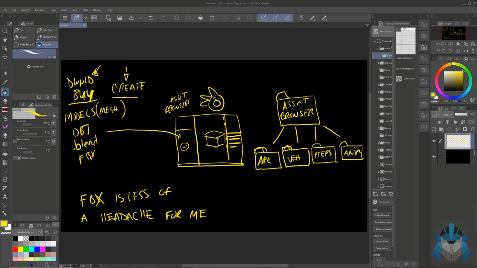So now we have assets there. We got some buildings, we got some cars, whatever, so that we can drag them into our scenes. But in order to do this, you're going to need to get organized first of all. And that's what this first part is about, being organized. If you are already organized, you can just skip over this. But